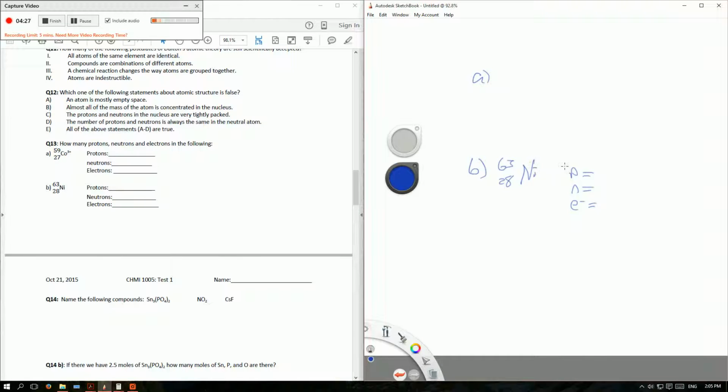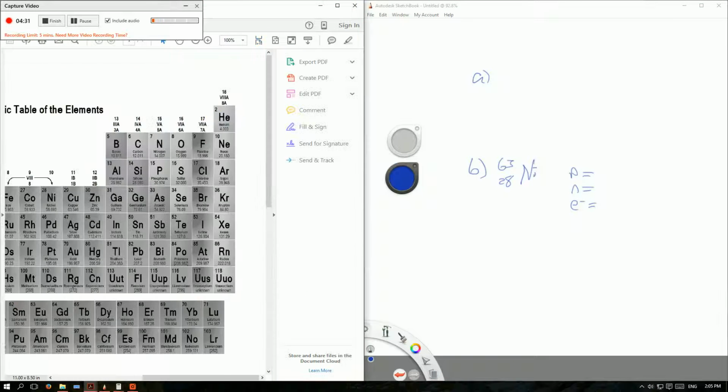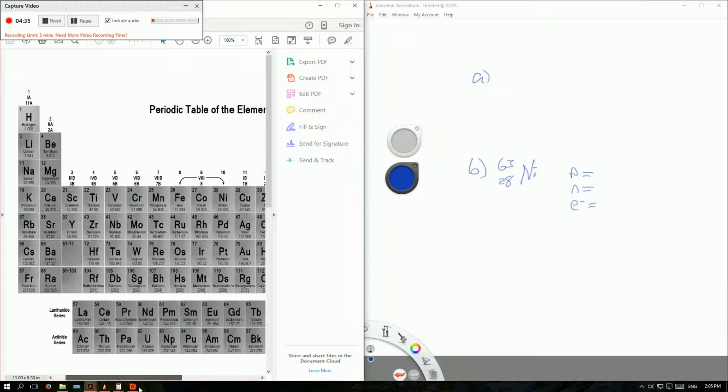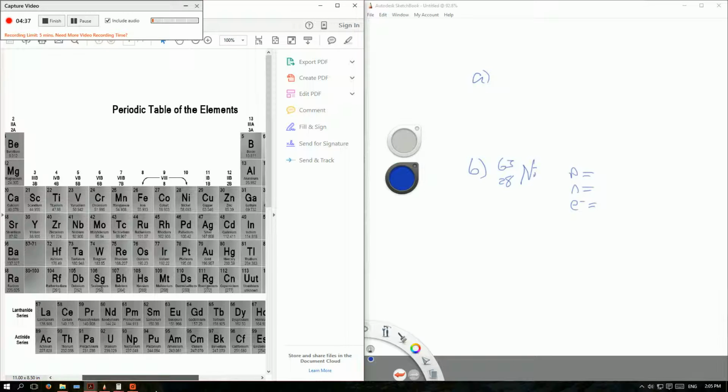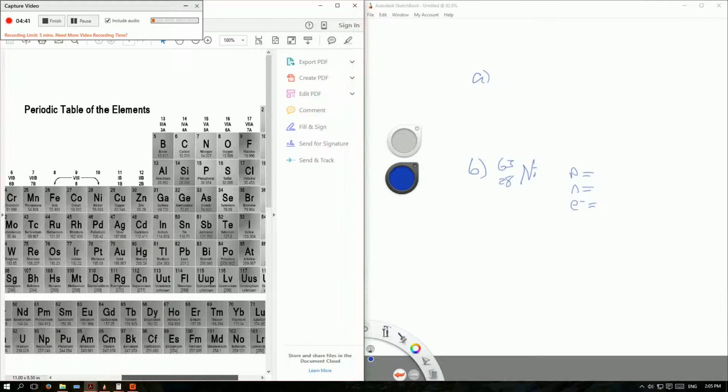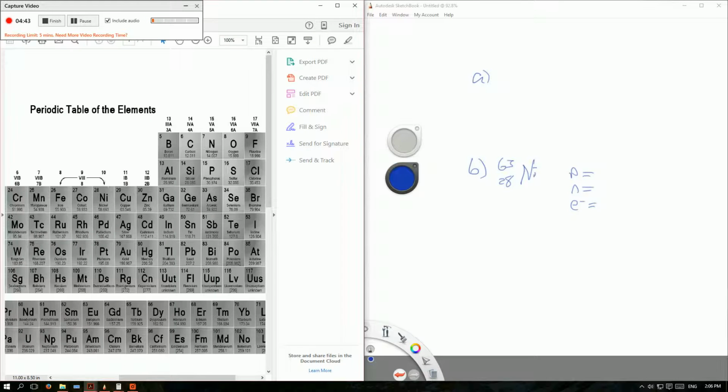So the atomic number is 63, and then if we looked at the periodic table again, we can find it. Oh no, it's 28. So you just look for nickel, and it's right here. Right? The atomic number is 28. The mass is 58, or we could say